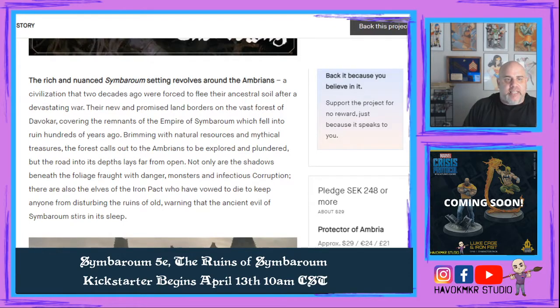Essentially what has happened is that the Ambrians, a culture to the south of this mountain range called the Titans, fought a horrible, horrible war. Even though they won, they really ended up losing. The cost was too high, and they had to flee their ancestral lands to go north over this massive mountain range called the Titans. And when they got there, they found other humans and other sentient races,